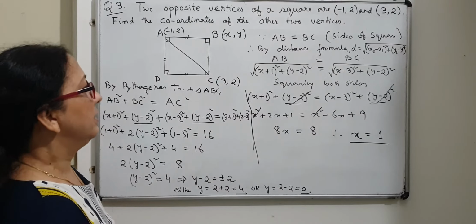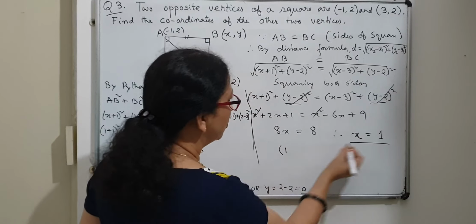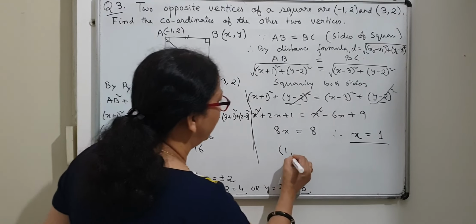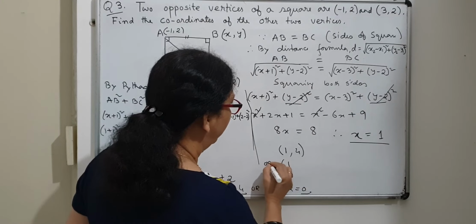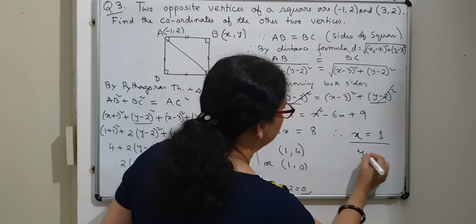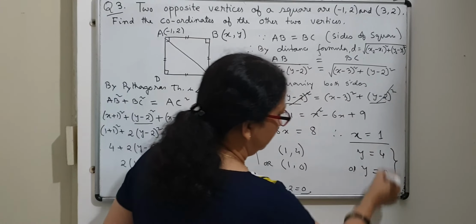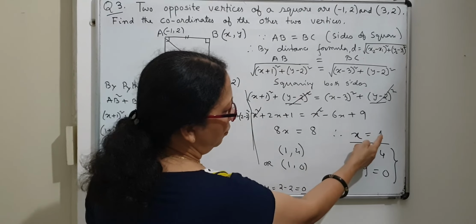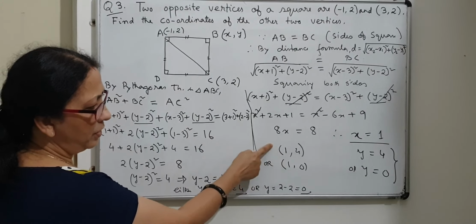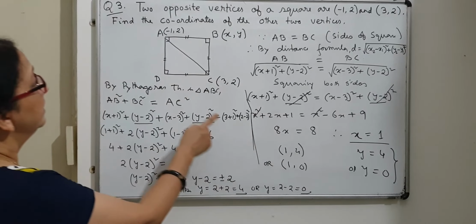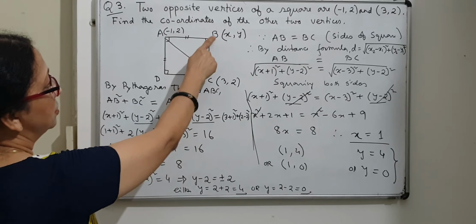So that means what? The possibilities of 2 points are there, that is abscissa is fixed, that is 1. So with 1, either I can take the value of 4, or I can take 1 with 0, because y is equal to 4 or y is equal to 0. So one is fixed, so one can go with 4 and also one can go with 0. That means 2 points are possible which will satisfy the condition to be vertices,